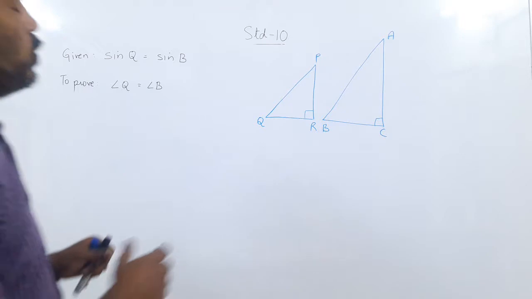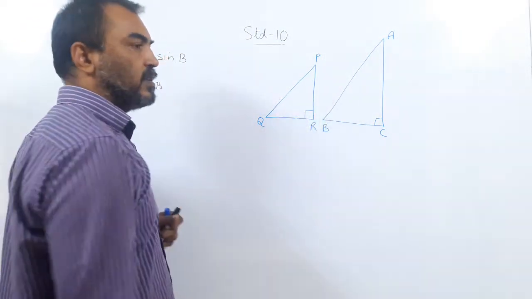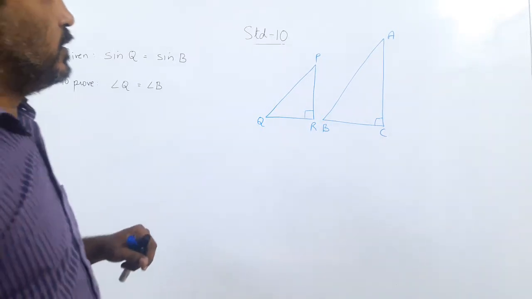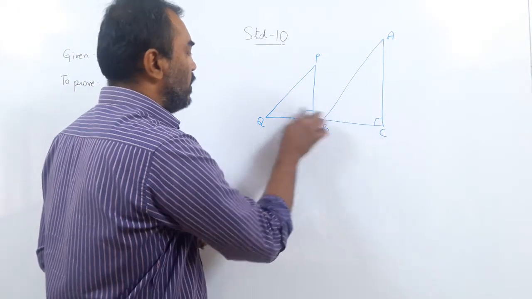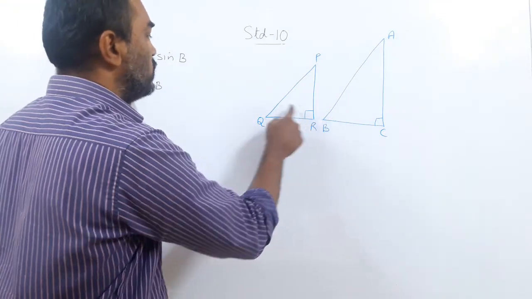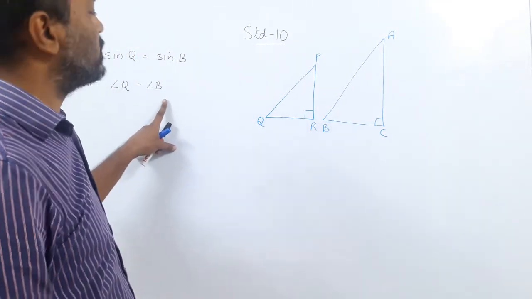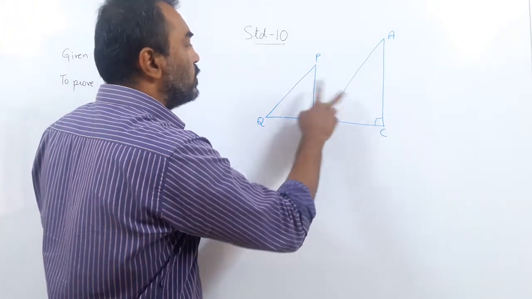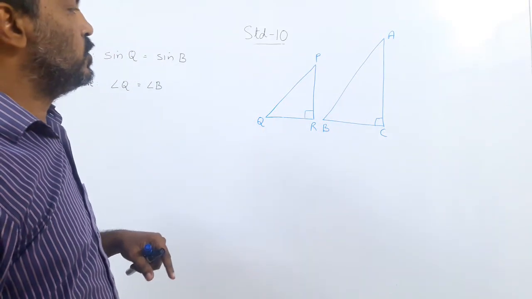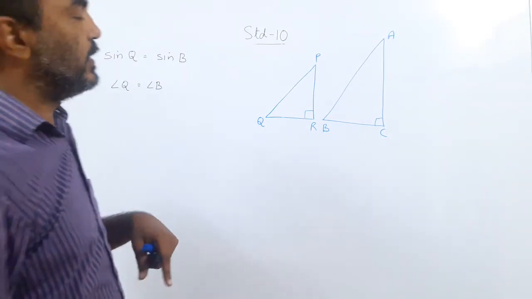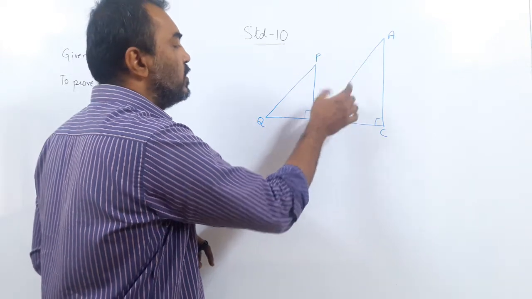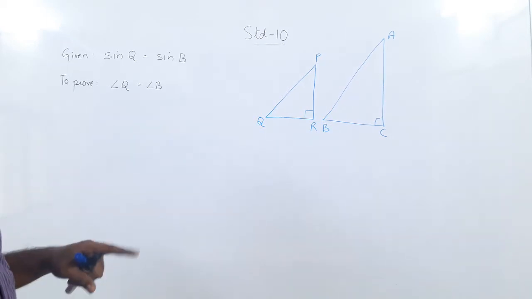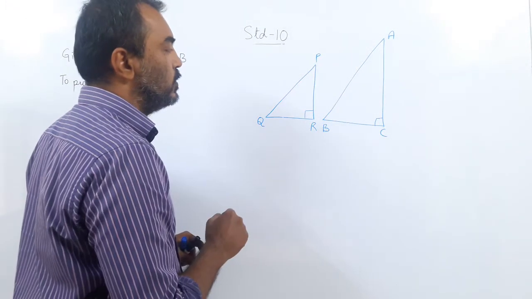Okay. Now, let us say, reverse thinking, if these two triangles were similar, then these two are 90 degrees. If these two angles were equal, can you see? We have to prove angle Q equal to angle B. If Q and B were equal, the two triangles would have been similar. So if I do the reverse thinking, if I prove these two triangles are similar, then I can prove angle B equal to angle Q. So what do I have to prove? I have to prove these two triangles are similar.